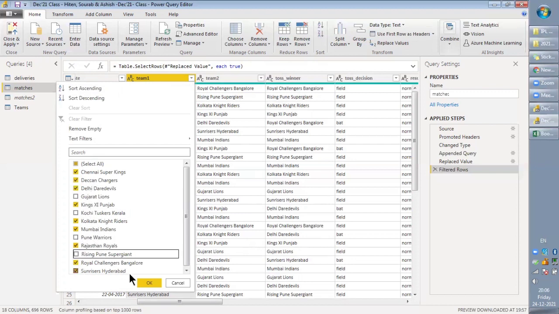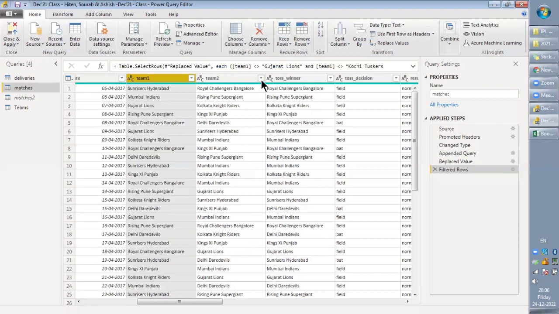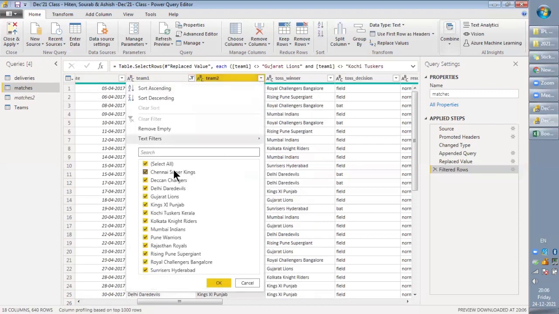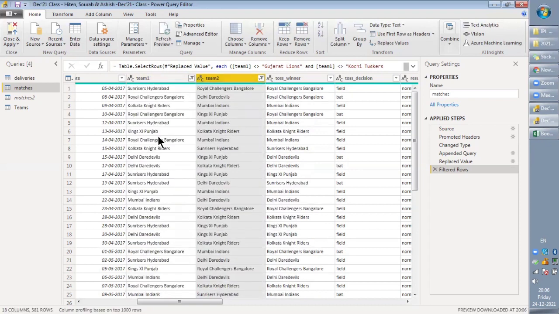They might be in team 2 as well. Team 1 is the host team, and team 2 is the visitors team. So this is how the data is arranged here.